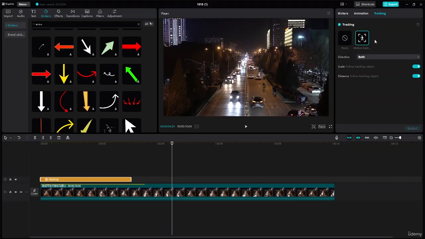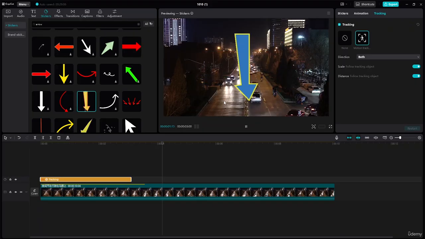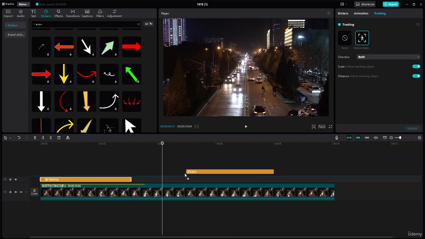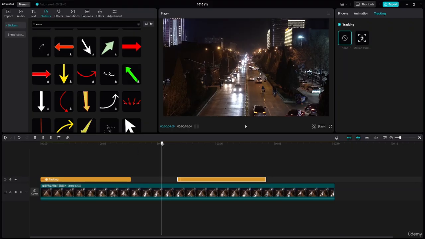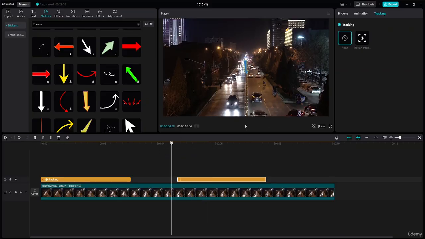So this is how you guys can actually do some motion tracking, and also with text you guys can do so. And the same way, if you do want to come here, and now I want to put another arrow, or let's come here, let me just put on this kind of arrows. Okay, so let's come right over here. Let me just place this arrow somewhere over here, and now let's just decrease the size. Okay, and let's say from here,